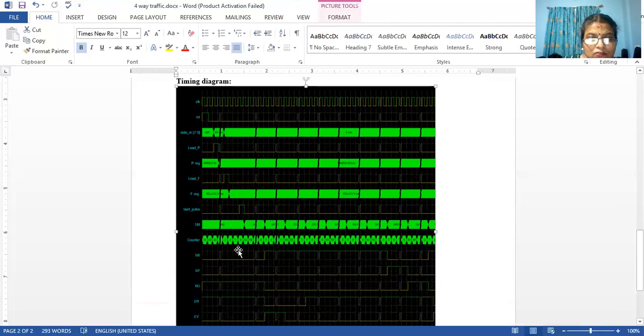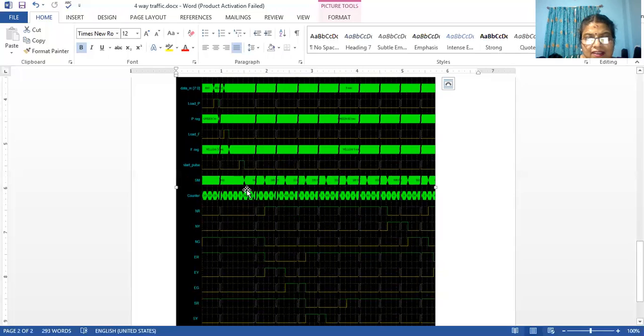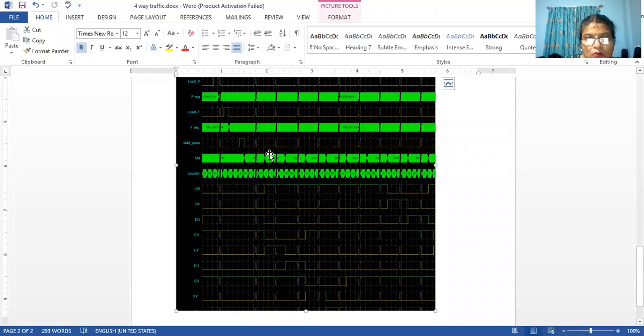So if you see here, can you see? It is happening like once that is over, you are having a start pulse, correct? When the start pulse is high, the state machine counters start counting. And what happens when you load the P register value, when that count becomes 0, or it is 40 seconds, as we told, here it is given as 60 seconds.